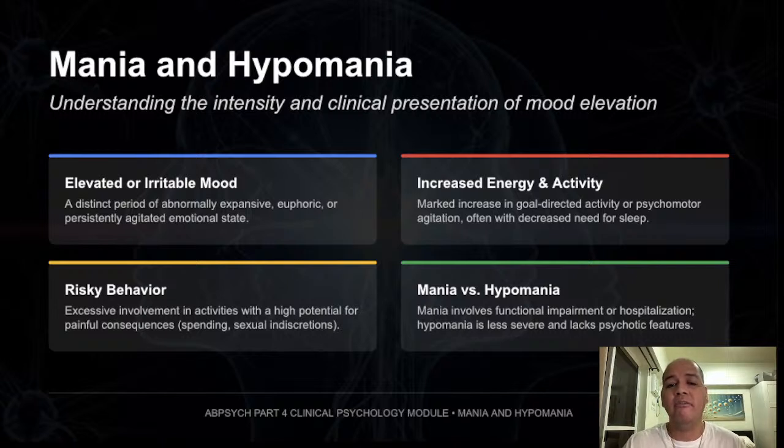It still involves elevated mood and increased activity, but not to the same degree of impairment as full mania. There is usually no psychosis, and the person may still look functional on the surface, and that is what makes hypomania tricky. It can look impressive at first. The person may seem productive, charismatic, confident, creative, and full of energy. And everyone says, wow, they are thriving. Meanwhile, the brakes are already failing. So, the most important point here is this: not all high energy is healthy, and not all productivity is stability.